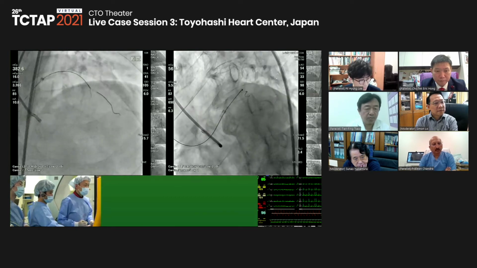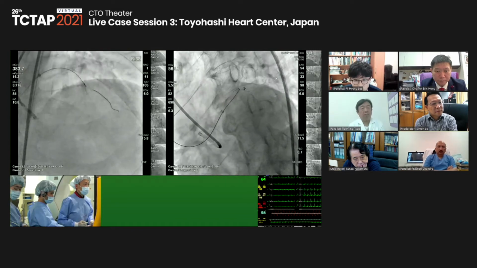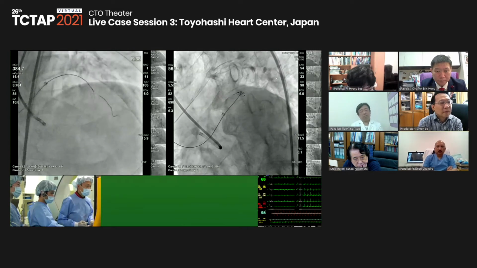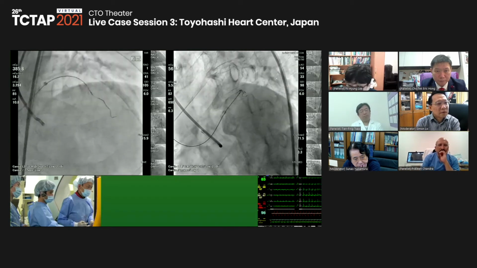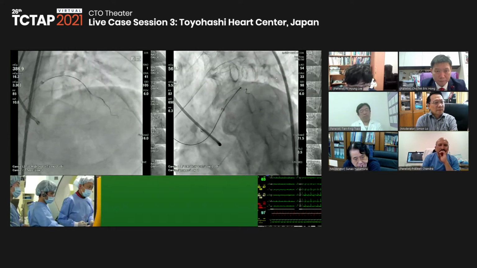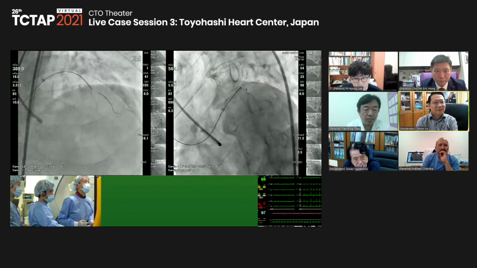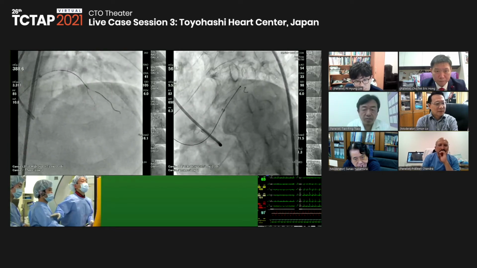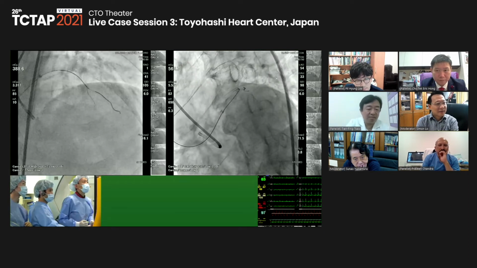So ideally, I want to get the small diagonal inside the CTO side, and then check with IVUS or something after small balloon dilatation or the Corsair passing. But now we can get the small branch. Maybe this is the diagonal branch.